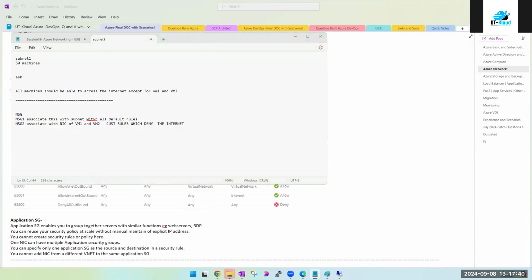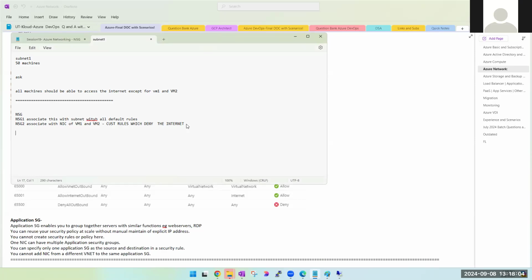Why would you spend so much time when the wheel is already invented? Why do you want to go ahead and do a Google search? Can you see which allow rule is there in front of you? So only one simple thing: copy everything, as in duplicate everything from here. Instead of allow, make it a deny. That's it. This is how you have to build the flow of your answer. Is this clear, guys?